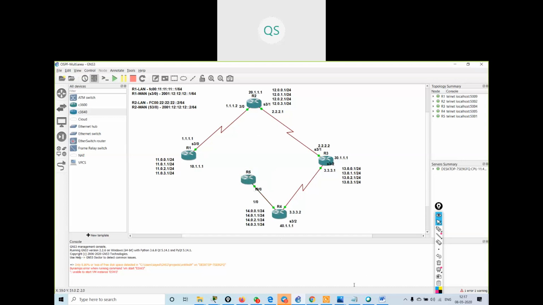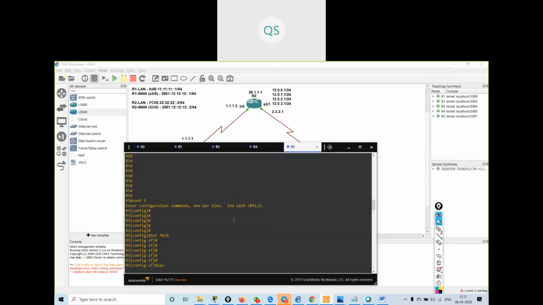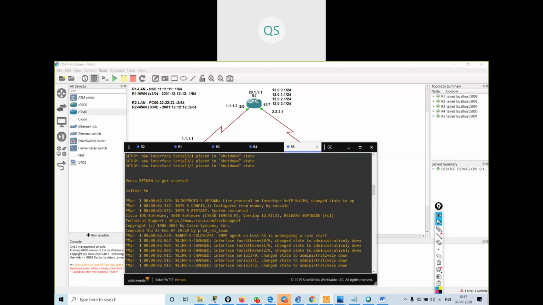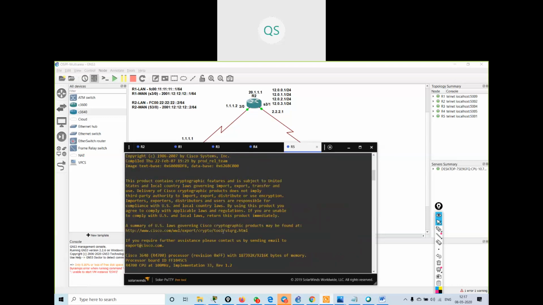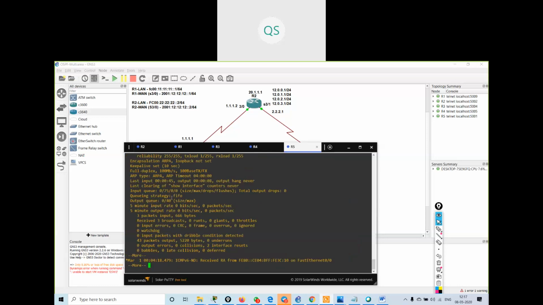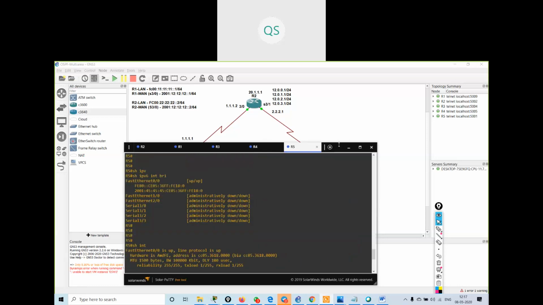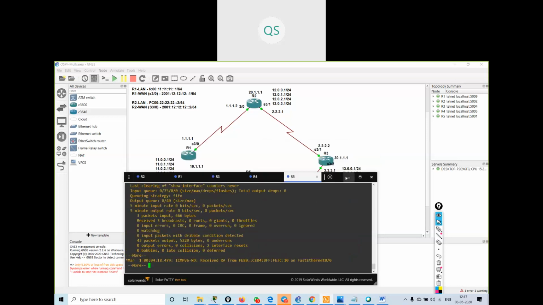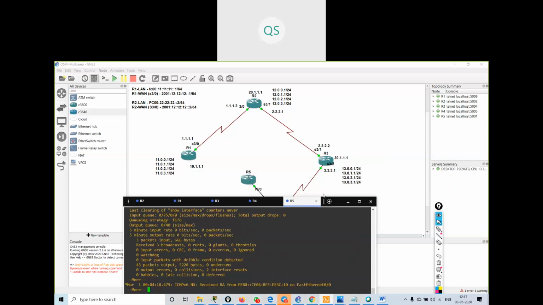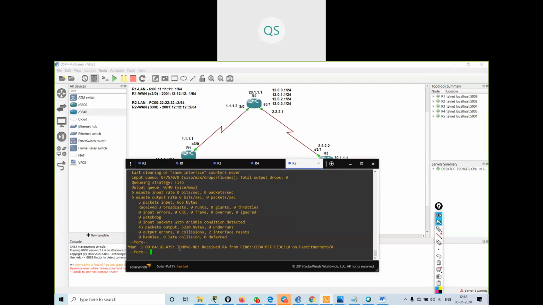So that's what I've done. I went into the R5 router, into the connected interface, FastEthernet 0/0, and I've given the command.